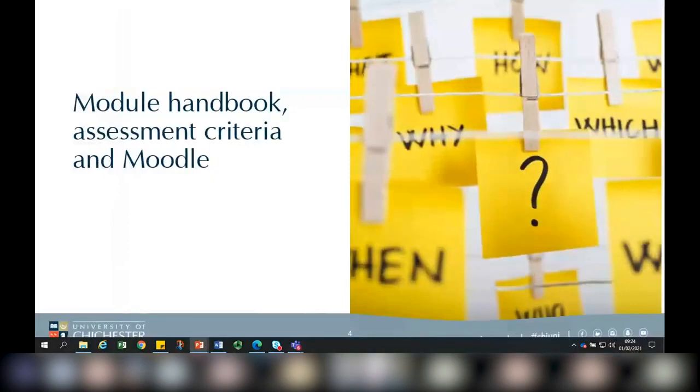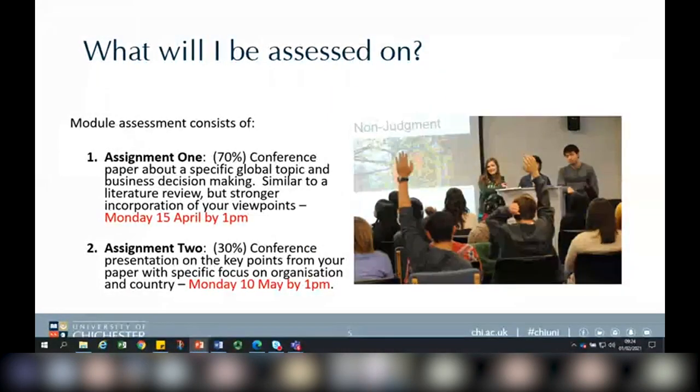Okay, I'm just going to run through the assignment requirements briefly. Both of them are individual assignments, or you can pair up with somebody else. Some people do like to pair up, especially when looking at your other priorities, like the dissertation. If you're pairing up, the word count for the report will be the same. However, you will get extra time with the presentation, to be fair.